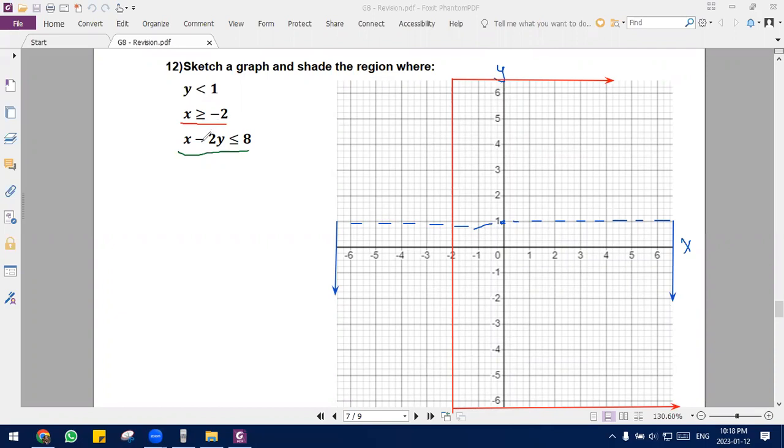Let me take minus 2y to the other side, so I can have y on one side and the other thing on the other side. When I take 8 to the left side, I should change its sign. Always when you take a value from one side to another, you change its sign. So 8 here is positive, it will be negative. So x minus 8 less than or equal to